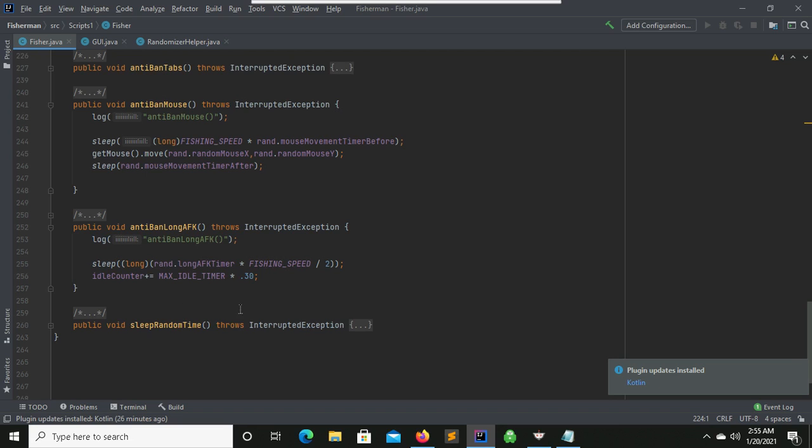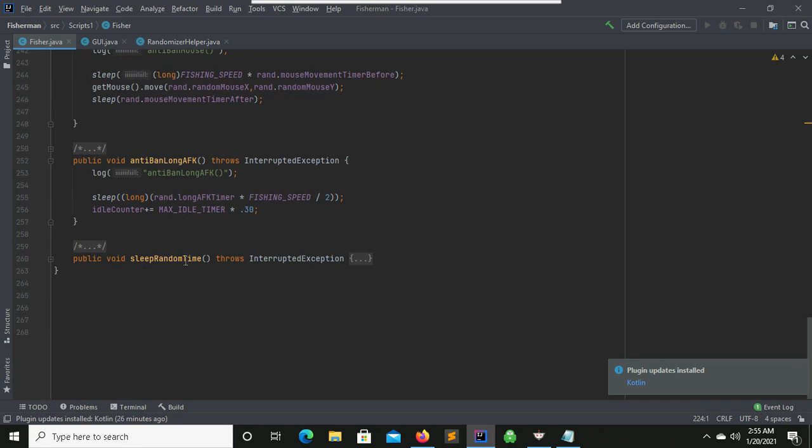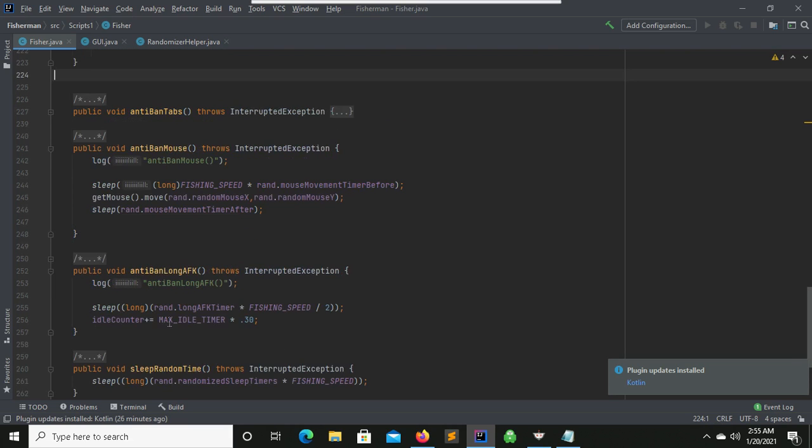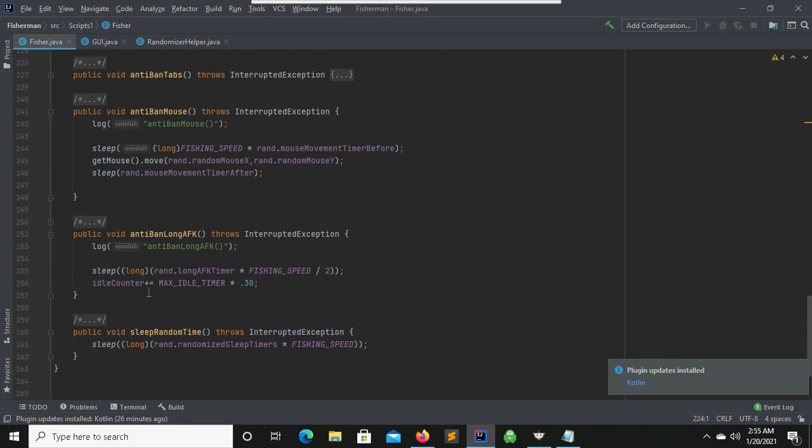And this method is called rarely, obviously, because if you're playing, you're probably not going to be AFK all the time. And you could increase, if you feel like it would help you, the chances that this is called. What did I want to show you? Okay, I actually have